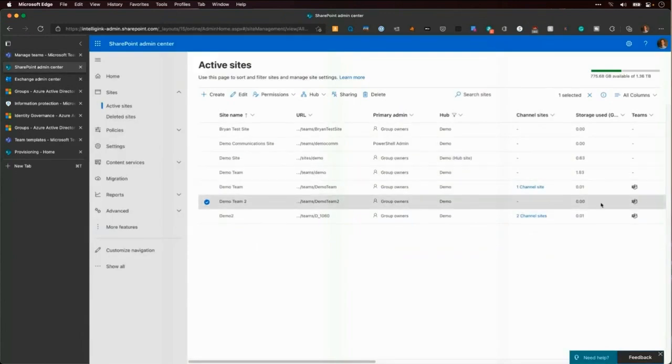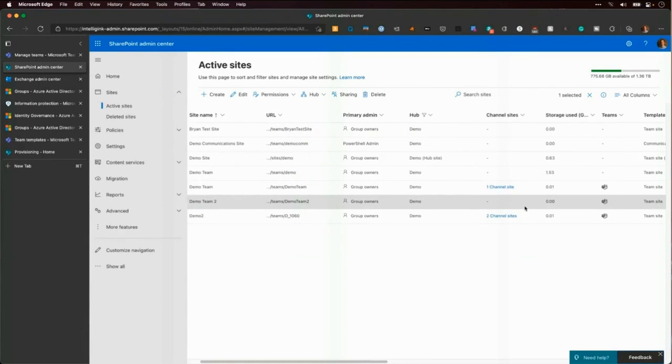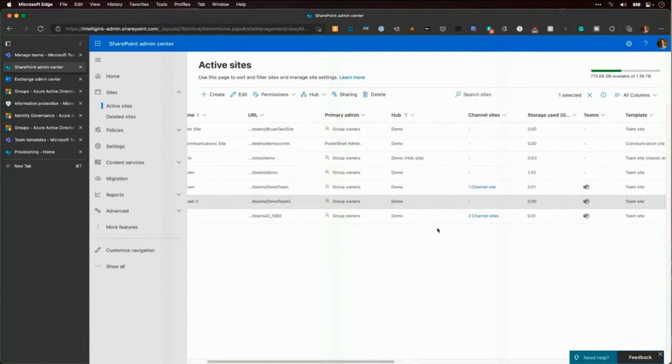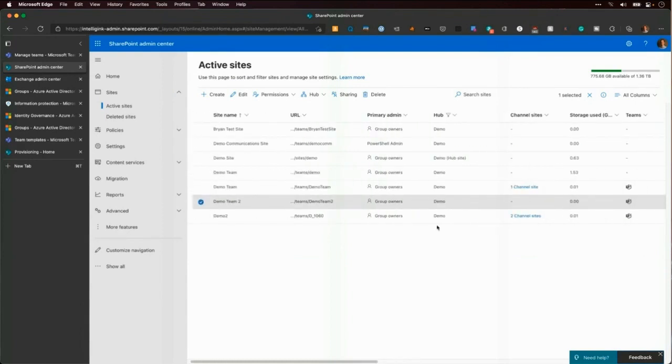I may be over here, I look at the SharePoint site. Yeah, it's not using any storage. It hasn't been updated in a while. But guess what? People may still be having conversations within that team. It's not showing in your SharePoint Admin Center. Your SharePoint admin gets overambitious, deletes that site, and all of a sudden all the conversations are gone within the team. Or that shared mailbox in the Exchange Admin Center is gone.